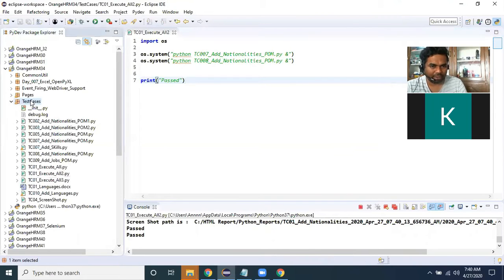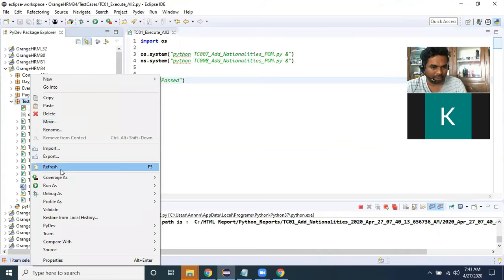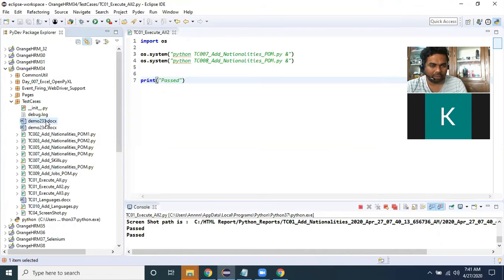Just refresh. See here, demo 233 and demo 234, two documents have been successfully created, one for each program.